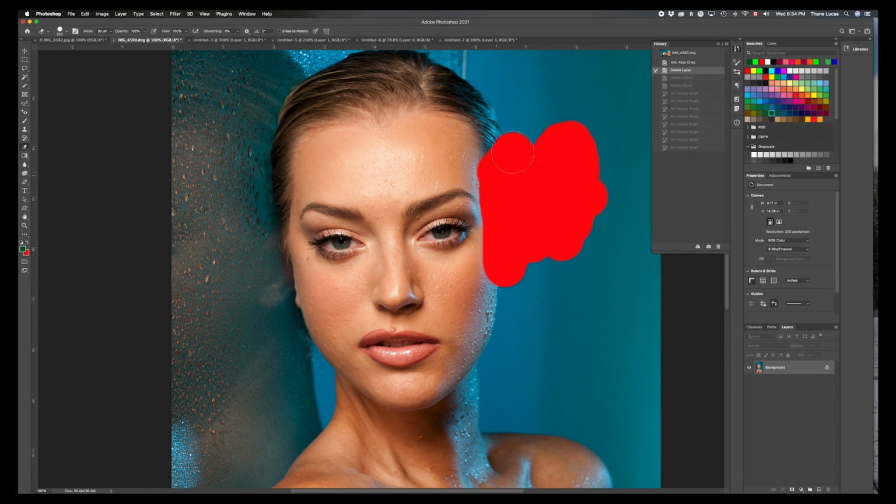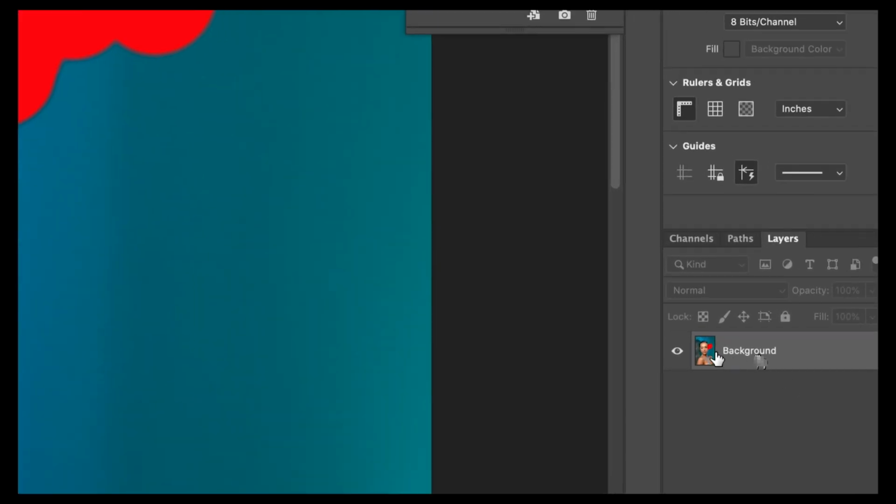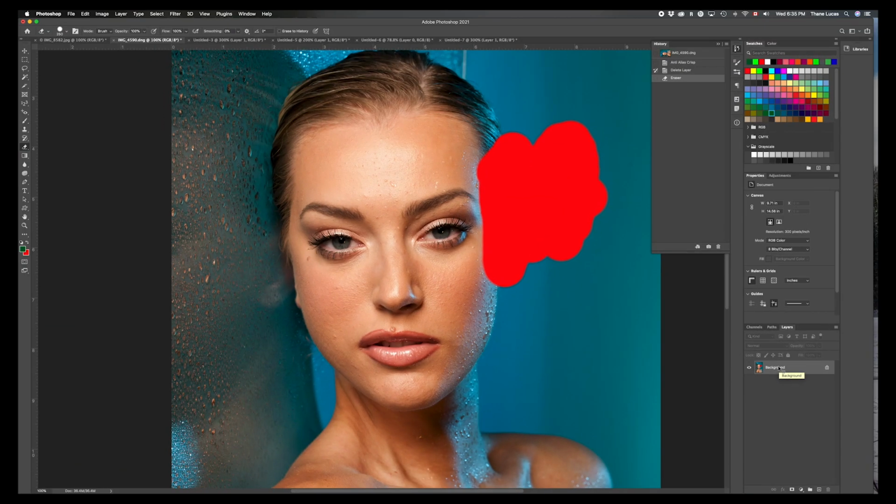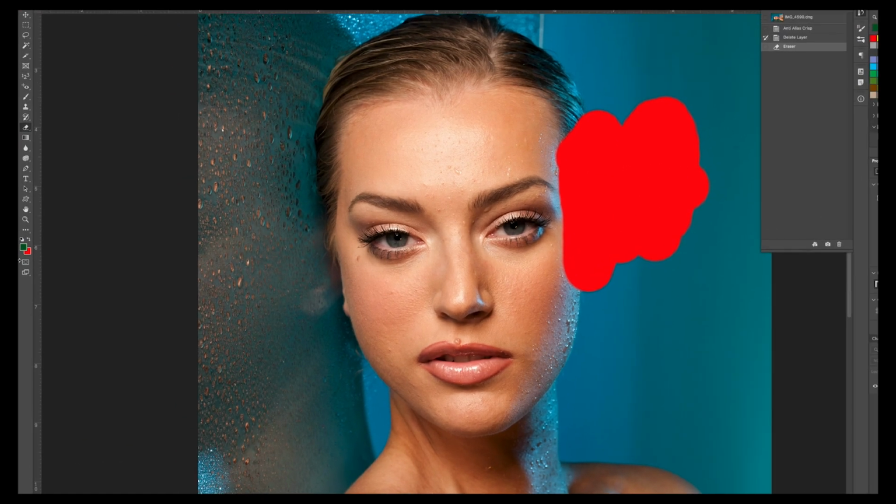So I'm using it and I'm getting red. The reason why is because I have a locked background layer. If you look at my layers palette, I open up this image and it's background and it's locked. Usually that's what happens when you open up a document that's not a Photoshop document. But even Photoshop documents can have a locked background. And a locked background, so when I erase the foreground, I fill with the background color, which happens to be